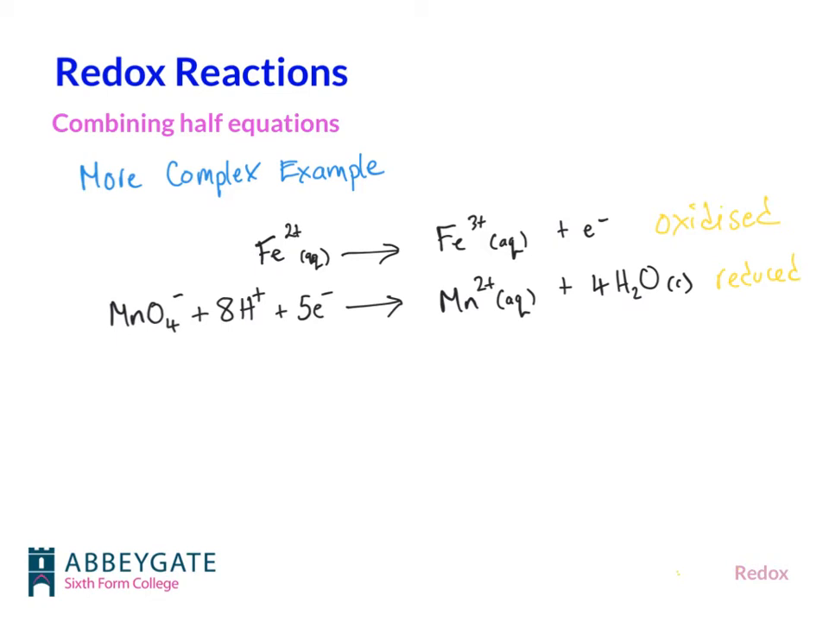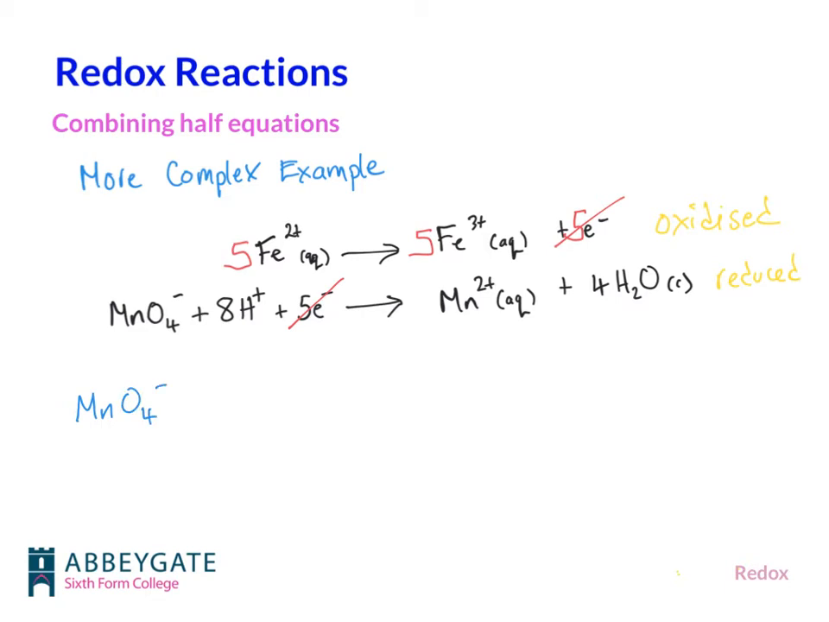So if we times this by 5, we can have 5 Fe2+, 5 Fe3+, and 5 electrons. We'll end up being able to balance those 5 electrons. So we end up with 5 electrons on the left-hand side, 5 electrons on the right-hand side, so we can cancel those out and write the whole thing out. So we're going to end up combining the equations. We'll end up with